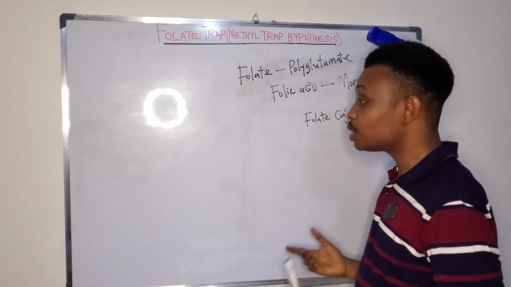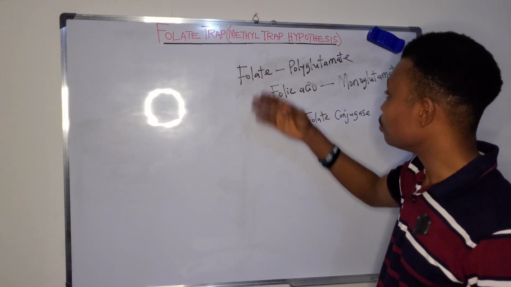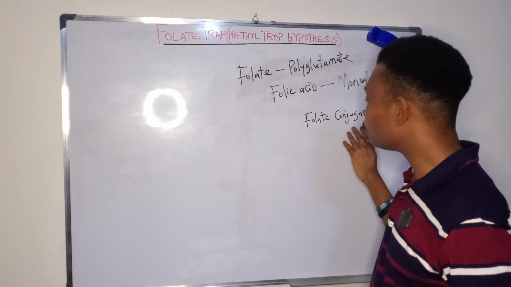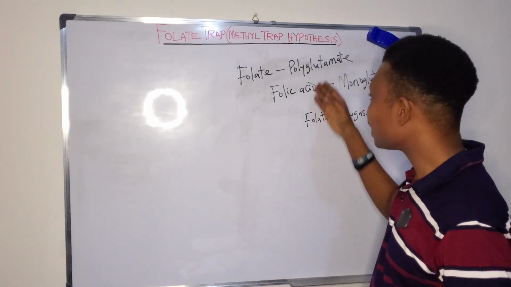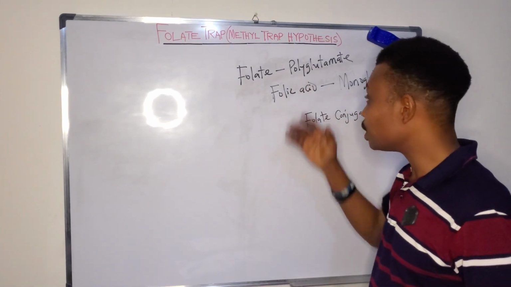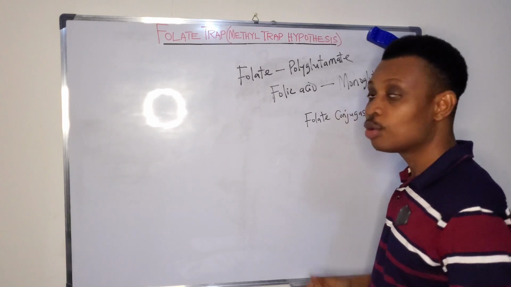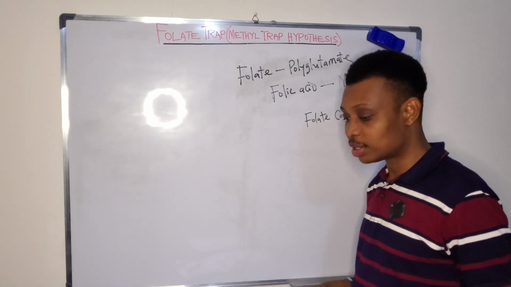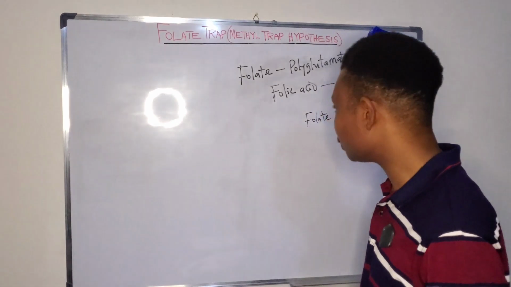So after digestion of this dietary folate to polyglutamate, folate conjugase will act on polyglutamate and hydrolyze it to form monoglutamate. Now, after the formation of monoglutamate, in the intestinal cells,